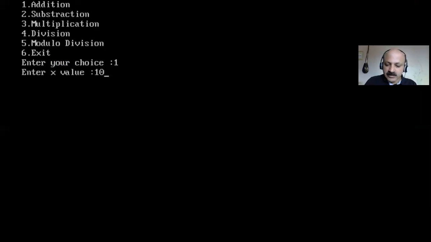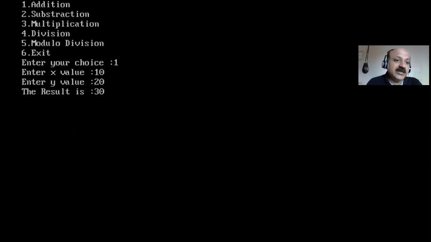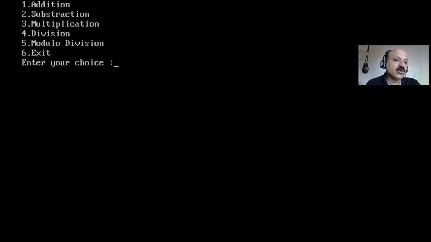Yes, here 10 and 20, so 30 is the answer. Here the cursor is waiting, because getch accepts one character but does not echo or display it, so we can see our output, and just when I press the enter key, it comes back to the choice. So instead it should come back to the choice automatically, so we can use a function, and that function is the delay function in C language.